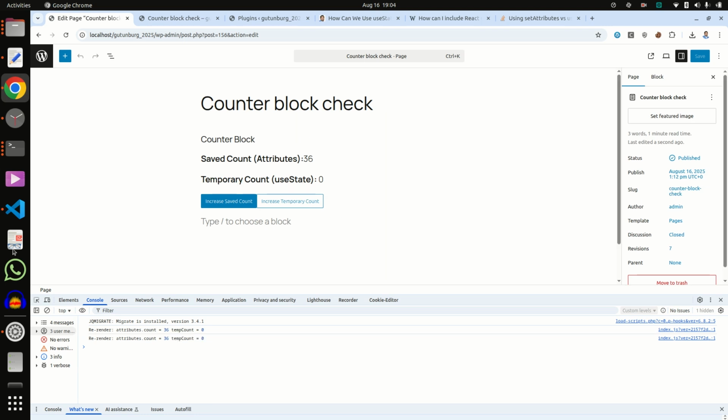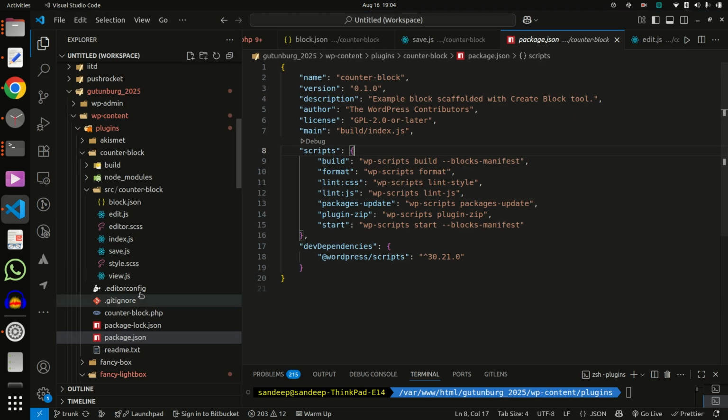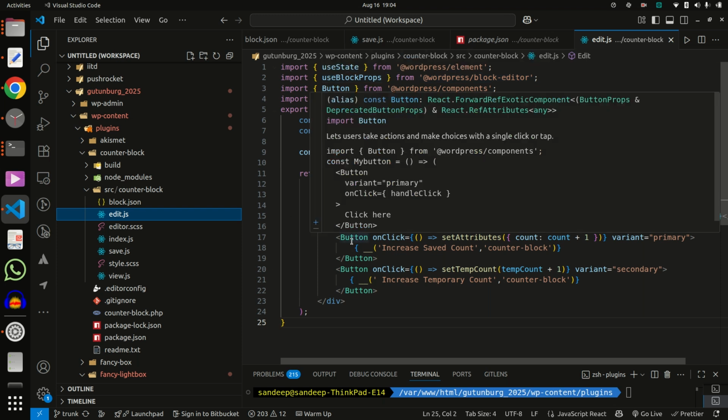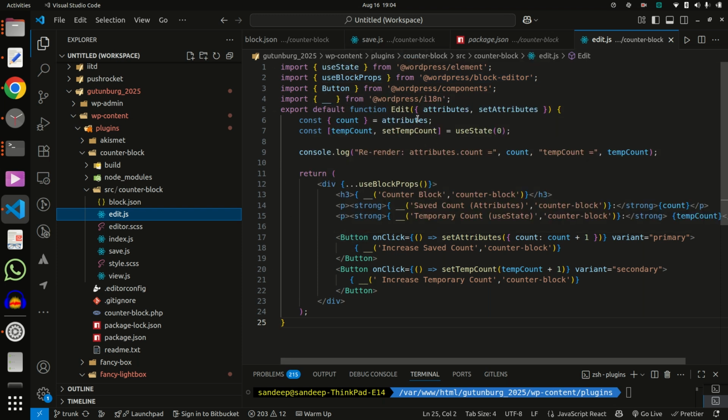So now check here in edit.js. Whenever we want to use useState inside Gutenberg, we use wp.element and import useState, and inside the edit function we use a simple const, temporaryCount and setTemporaryCount, with useState and its default value.